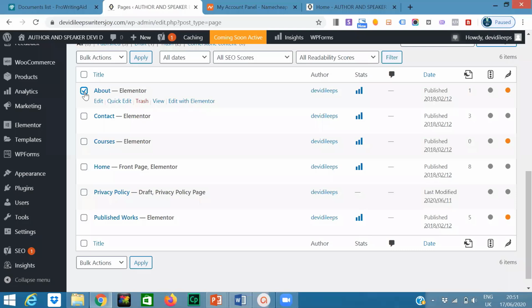Okay. So let's go and click on edit with Elementor. So think that we want to do some changes on this page, the about page. So this is the first method to do it. We'll show you two methods. Okay, this is one. Click on edit with Elementor. Once you click on that one, it directly takes you through Elementor. It opens up the page which you choose, and you can go ahead and do changes there.